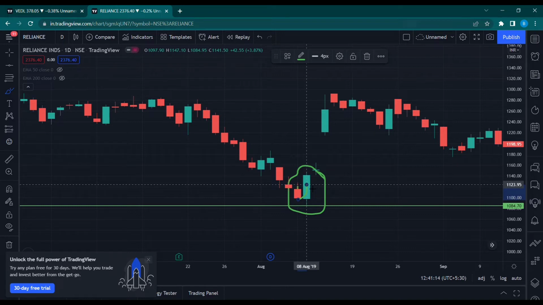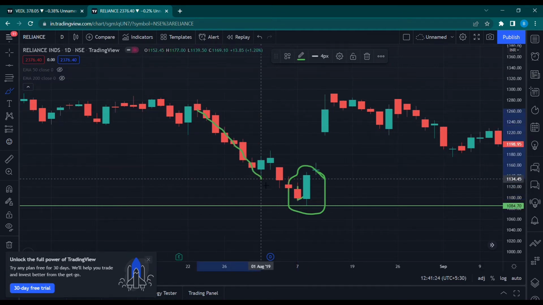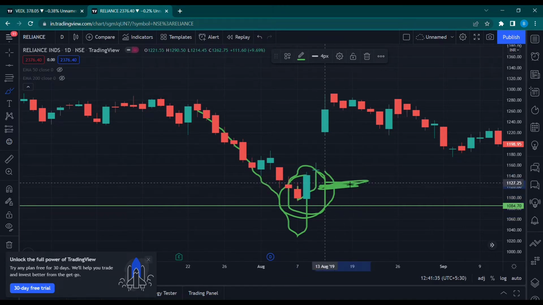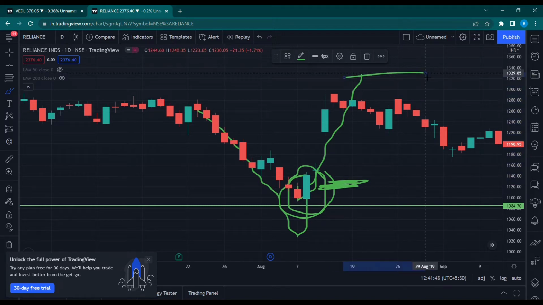Whenever we see bullish engulfing patterns forming at support, say for example 1080 is a support level for Reliance, if prices come down and bounce off from this support, forming a bullish engulfing, this means the bounce is confirmed and you can open a buy trade here. Since the bullish engulfing indicates a bullish sign from here and also confirms the bounce, you can buy for the stock to go up. That is the basic understanding of a bullish engulfing.